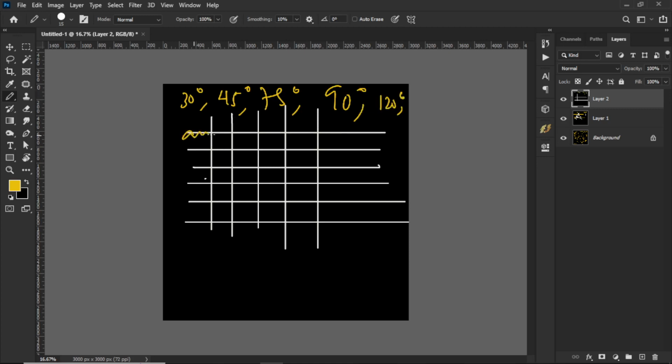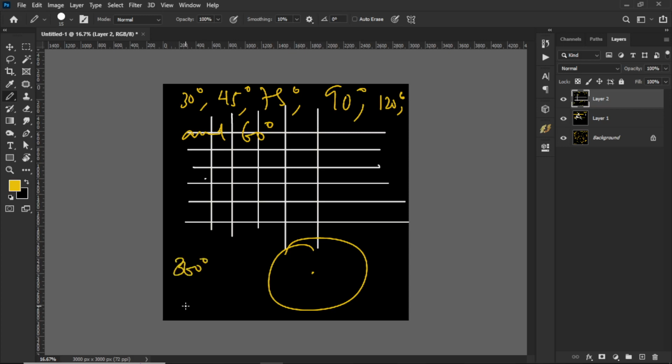And the last one is 60 degrees. Why is this so important? I don't have a compass here, but let me just show you this. Let's say I draw a circle like this and I want to create a hexagon. How will I go about it? I already understand that the exterior angle of a hexagon, because it's a polygon, that is the angle outside the polygon,